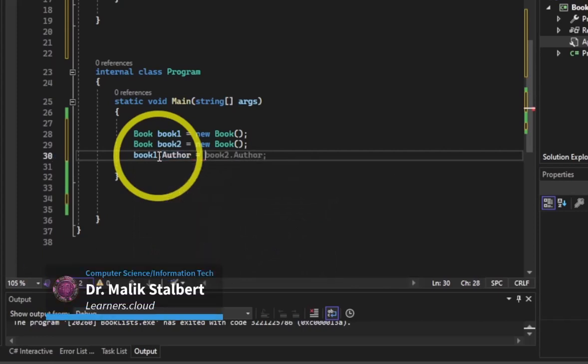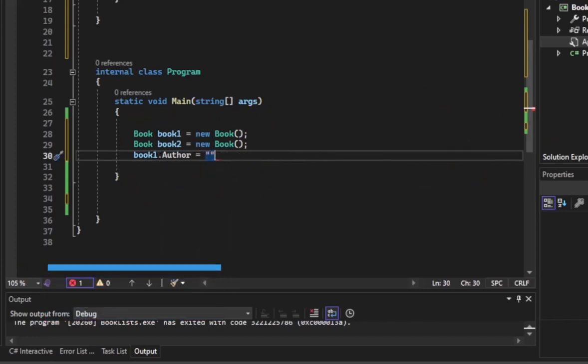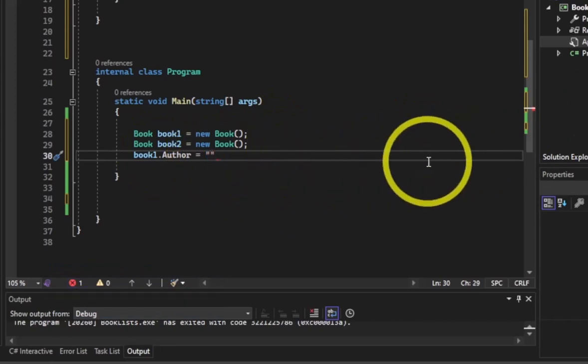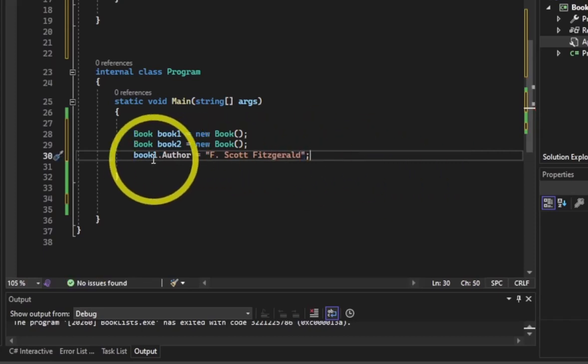equals, and you want to put whatever, well, you can do whatever you want, but you can put title or author or whatever. So let's use something like F. And so now I set the author